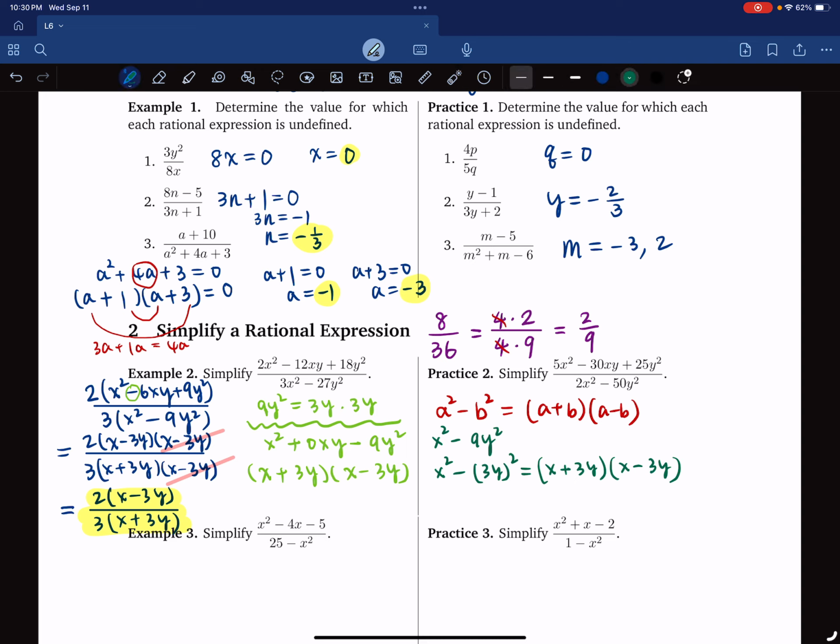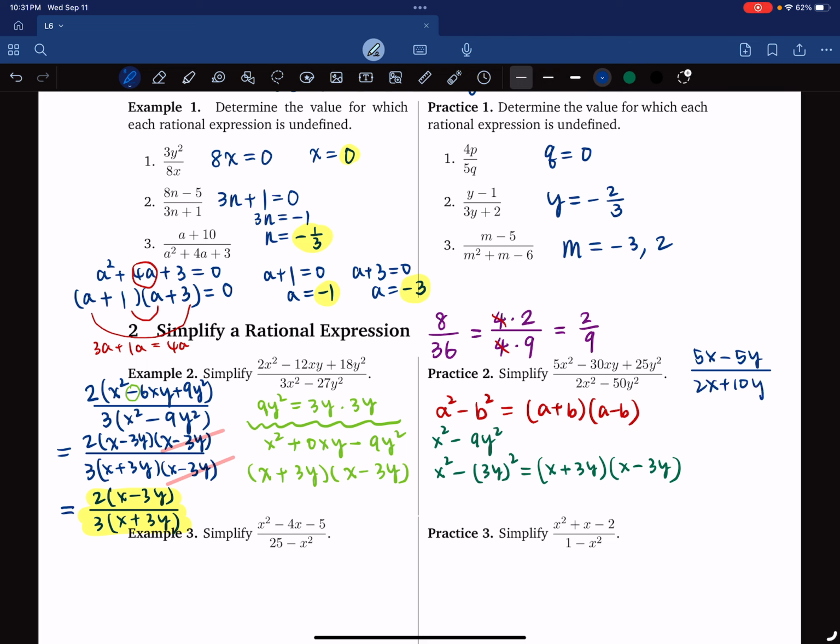Okay, now you can pause the video and complete practice 2. Okay, so I'm going to give you the answer to practice 2. It's 5x minus 5y over 2x